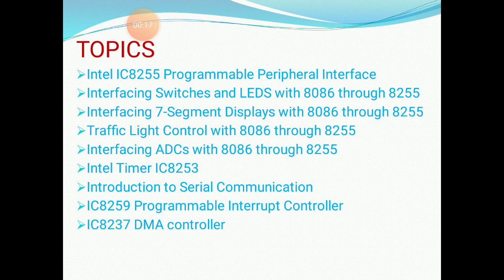Those are Intel IC8255 programmable peripheral interface, interfacing switches and LEDs with 8086 through 8255, interfacing 7 segment displays with 8086 through 8255, traffic light control with 8086 through 8255, interfacing ADC with 8086 through 8255, Intel timer IC8253, introduction to serial communication,